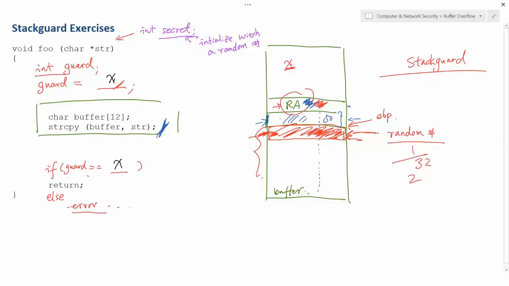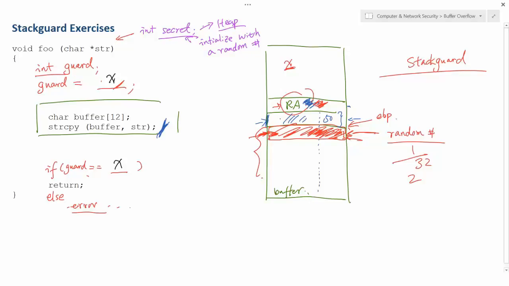So basically, when your program starts, it will initialize this global variable with a random number, and you can generate a random number. After that, that random number is stored in a different place, because the variable is not stored on the stack.